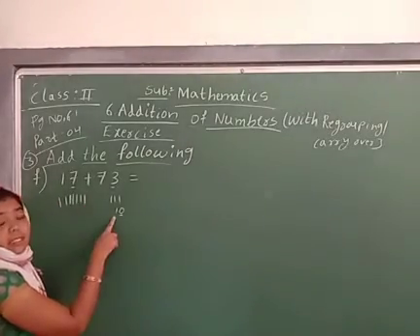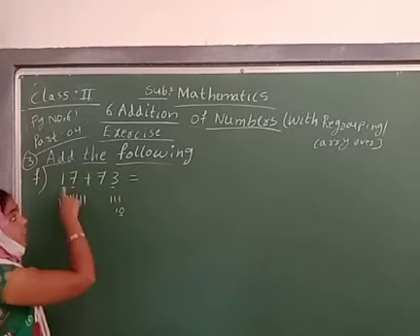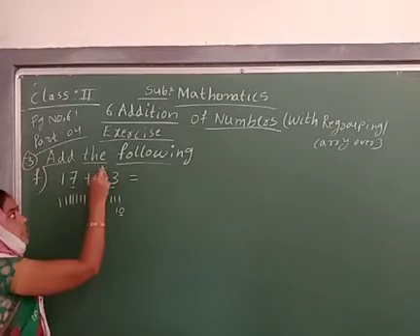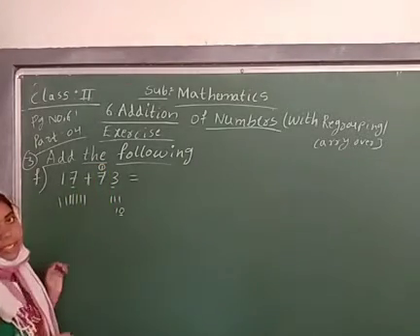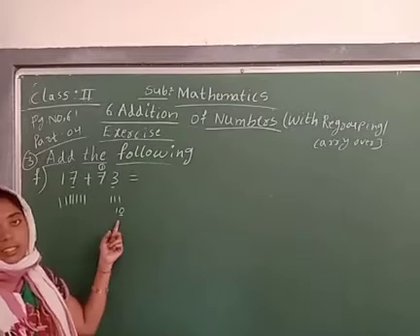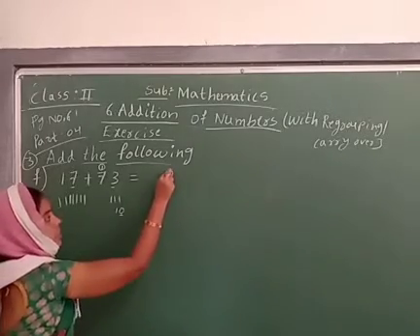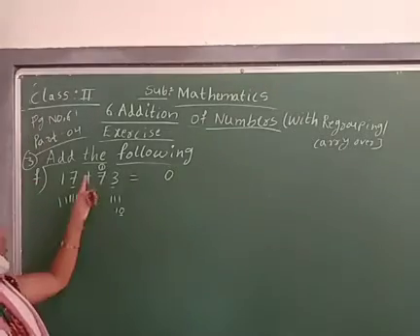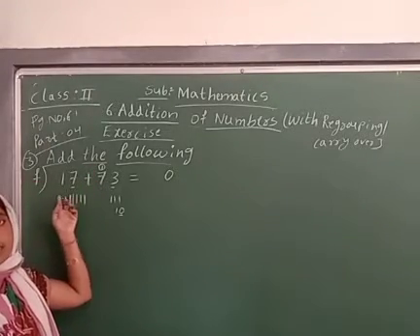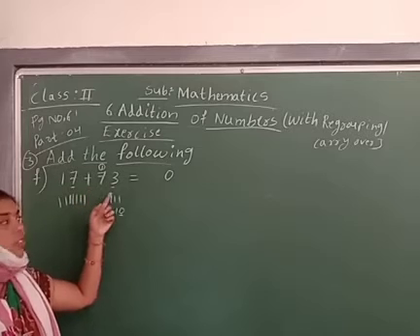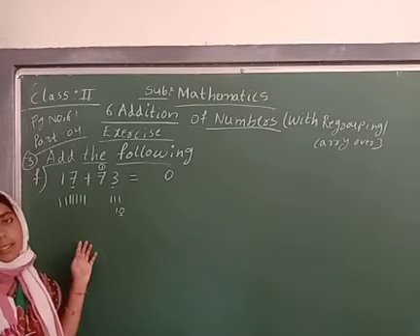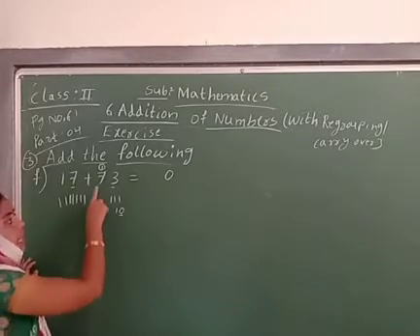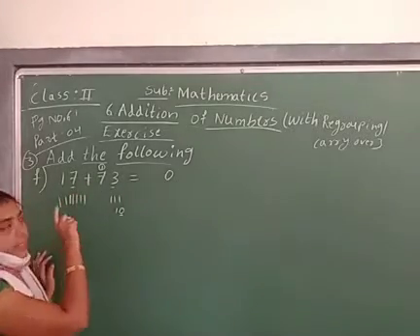Where to write this one? Again, there are 10's place numbers? Yes, they have a 10's place number. So in the 10's place we write the carry. So what is the answer? 0 in 1's place, 1 in 10's place, carry over. Okay. See next, let us start the next addition. The 1's place is already completed. Next, which place value will we take now? 10's place numbers. We will take the 10's place numbers and add them.